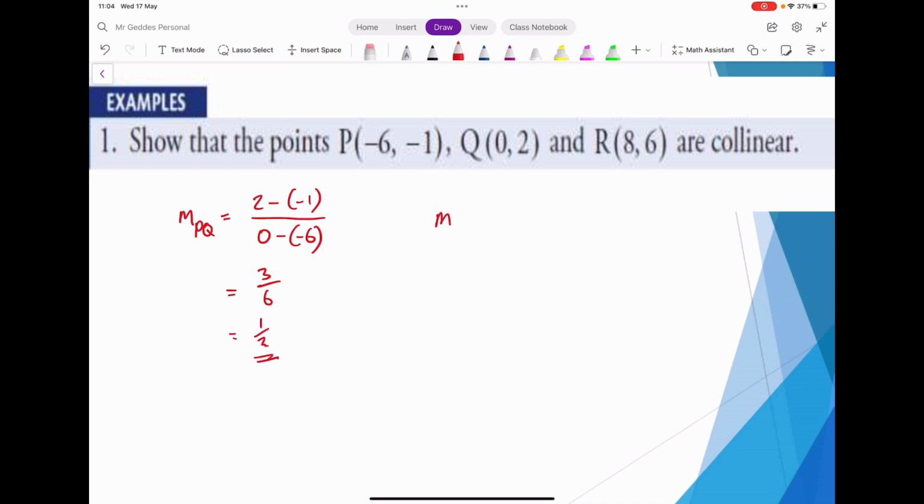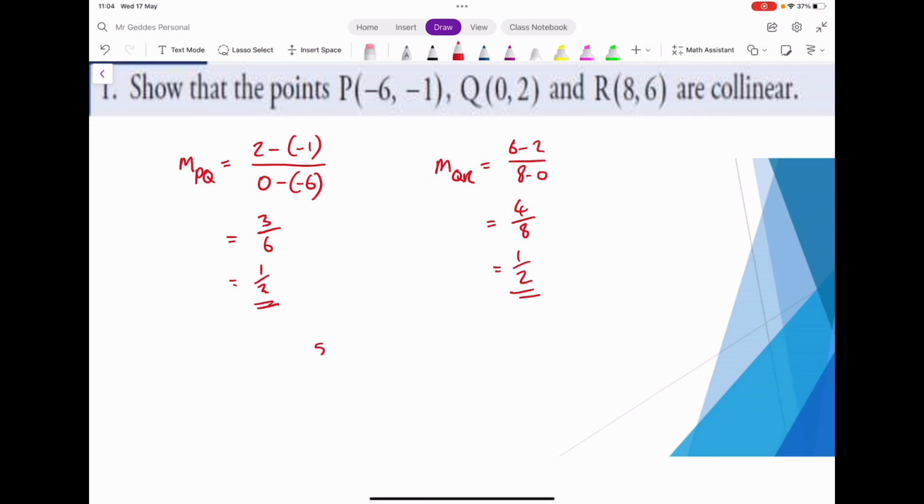Okay, now we're looking for the gradient of this other one between Q and R. We're going to use y2 minus y1 over x2 minus x1. We're looking for this to be a half as well. That's 4 over 8, and there we go. Because the gradients are the same, so our statement then is, since m_PQ equals m_QR,